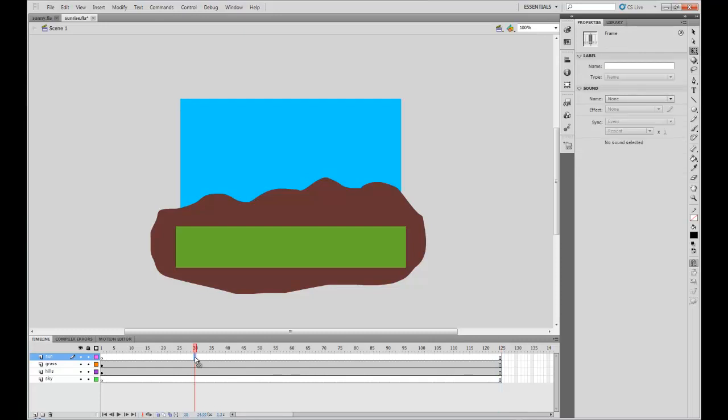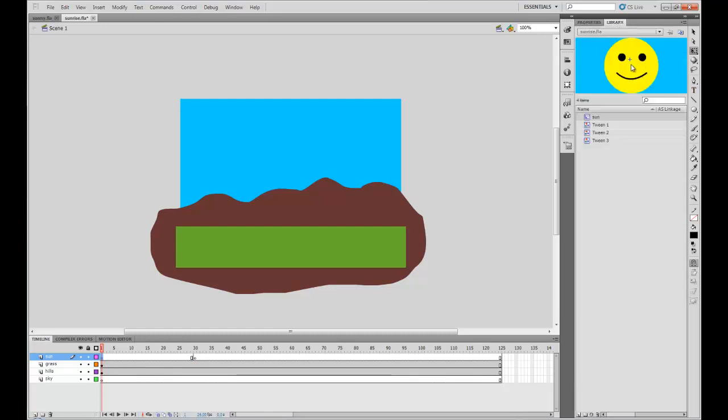At frame 30 I want you to click into frame 30 in the sun layer and hit F6. That will make a keyframe there. And let's go back to frame 1. Go to my library. I'm going to drag my sun into my stage. I'll put it there for the moment. And at frame 30,